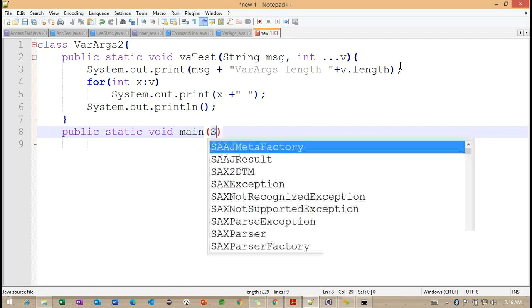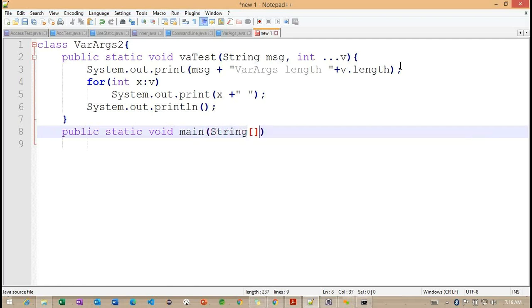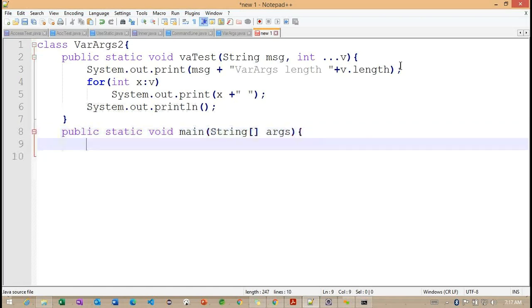Now I'm trying to define our main method. Inside this main method, this VA test method is expecting two parameters. One is a string, another one is the var parameter. Let me define VA test here.